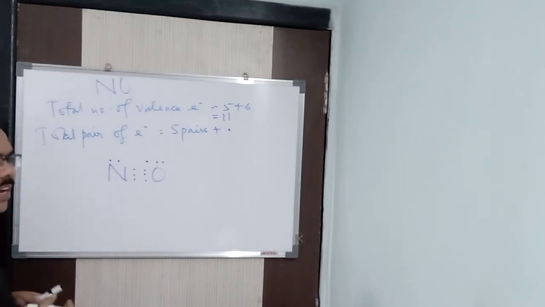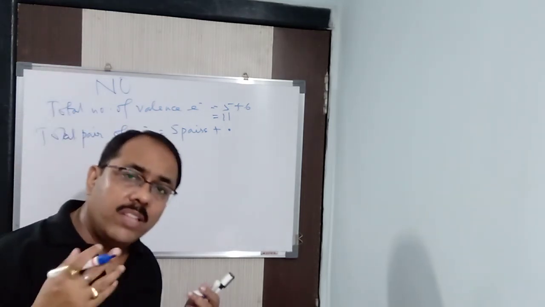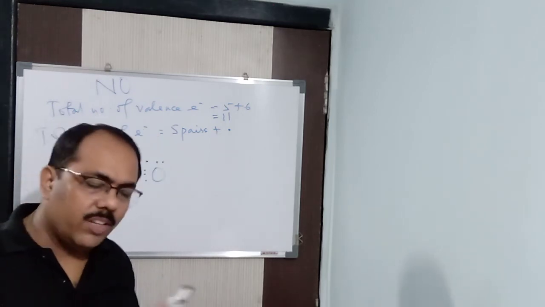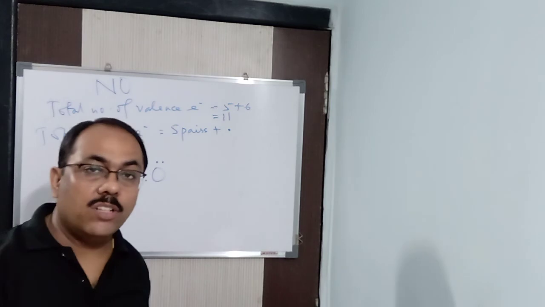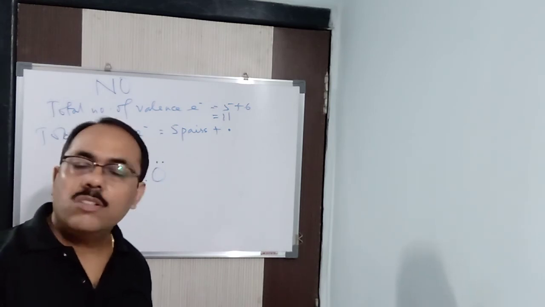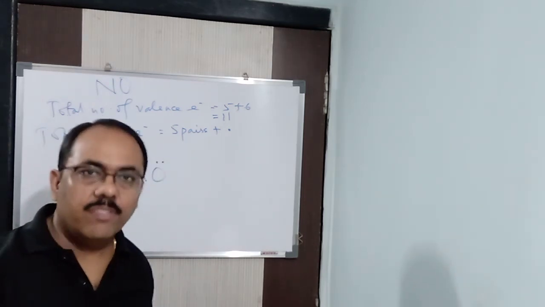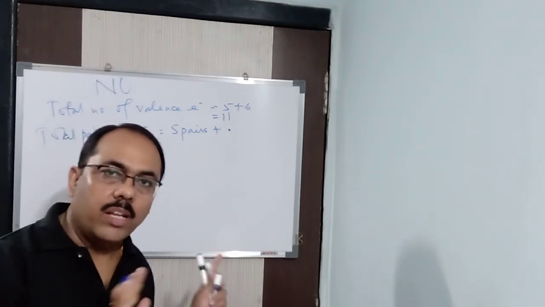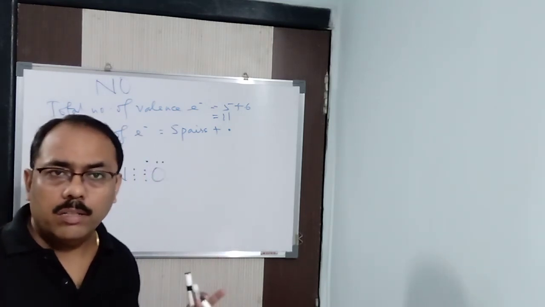But I showed you nitrogen dioxide also: 8 pairs plus 1 dot. Then how is nitrogen dioxide stable? Okay, we can say nitric oxide is not stable and further combines with oxygen, but nitrogen dioxide is a stable gas, and it also has an odd electron. So still we don't have any theory. This is a limitation of the Lewis dot diagram. Every theory has certain limitations.